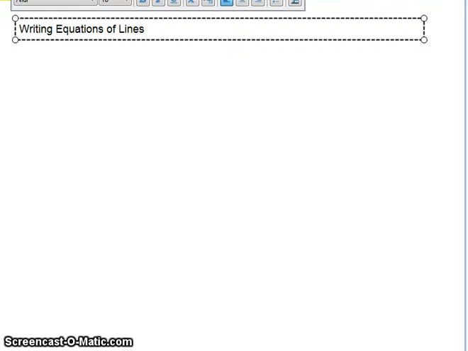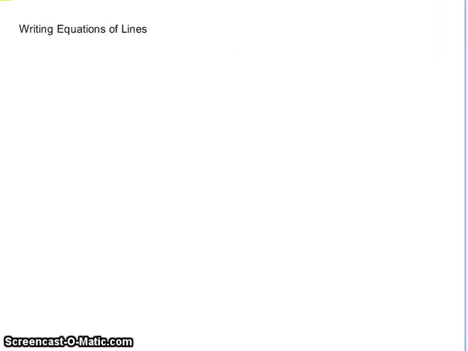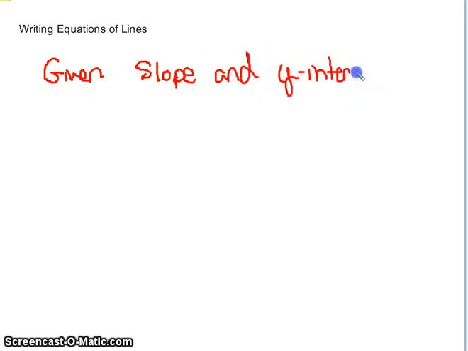We are going to touch on everything we learned in Algebra 1 and a few other times we've talked about things. So please write these notes down so that you have a few examples to go by. There are a couple of things. We can be given the slope and the y-intercept. So it's going to depend on what you are given as to all of the steps that you have to